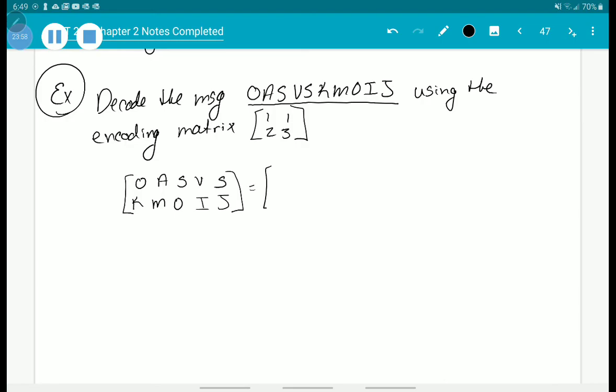Now, let's put that into numbers. Going back to our table, O is 14. A is 0. S is 18. V is 21. S is 18. K is 10. M is 12. O is 14. I is 8. J is 9. So to decode,